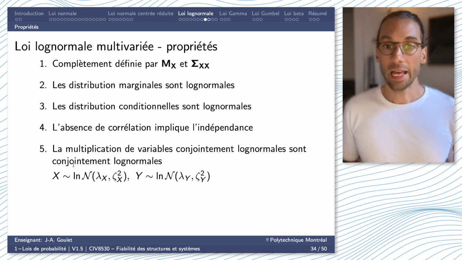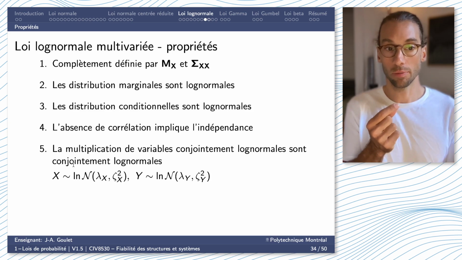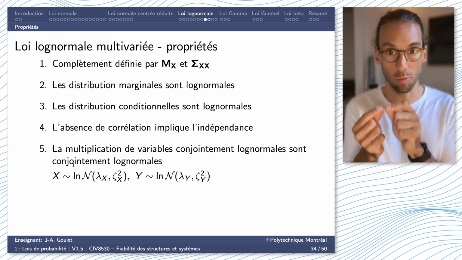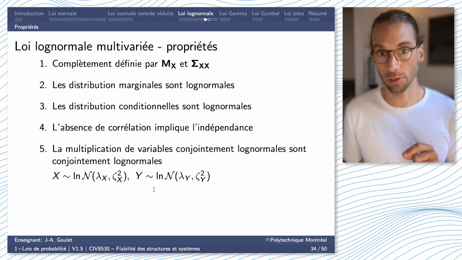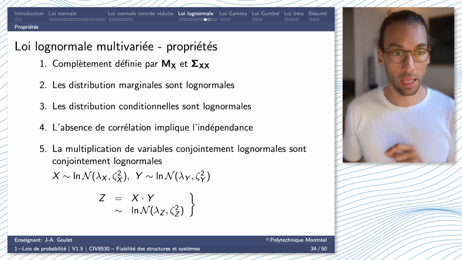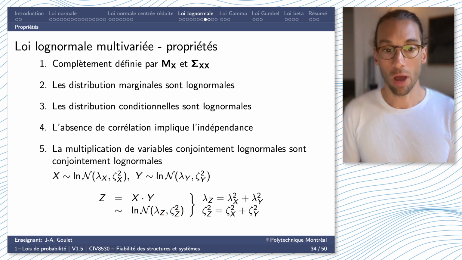For the Gaussian, the summation of Gaussian random variables was Gaussian. In the case of the log normal, because there's an exponential transformation between the normal space and the log normal space, now we're going to have the product of log normal variables still being log normal. So if I have x and y that are both log normal, x times y is still going to be log normal, and I can directly obtain the analytical expression for my hyperparameter by using the Gaussian rules, because